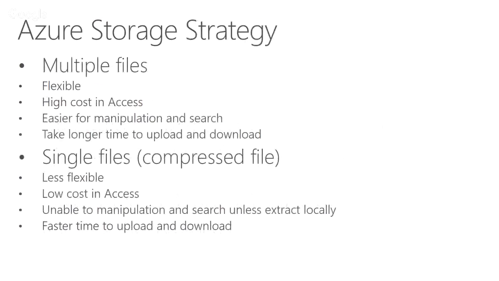So in terms of strategy, it's very straightforward, right? Either you go by multiple files or you go by single files. For example, there are a lot of people using this to do database backup. In case you have a virtual machine with a SQL database, the daily backup goes to the blob straight away, right? If you have multiple files, you have the flexibility to adjust anything you want. It's easier to manipulate because, let's say you have 1,000 files, you can search the files accordingly if you want to, right? However, if you want to do a single file, you have to zip it up first into one file.